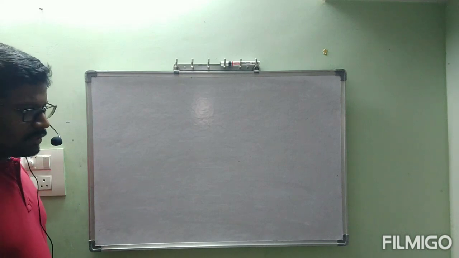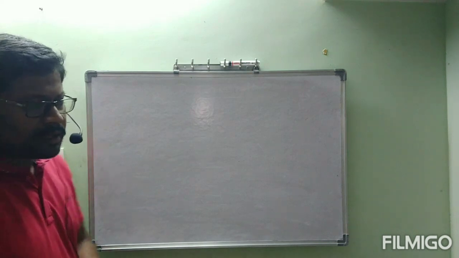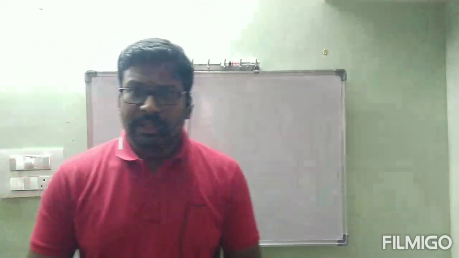In the previous class, we have seen the atomic weight, gram atomic weight, molecular weight, gram molecular weight. All these terms we have seen. After completion of that, we saw the gram molecular mass, gram molar volume, and how to calculate the number of moles. Once I will just recall the formula of number of moles.